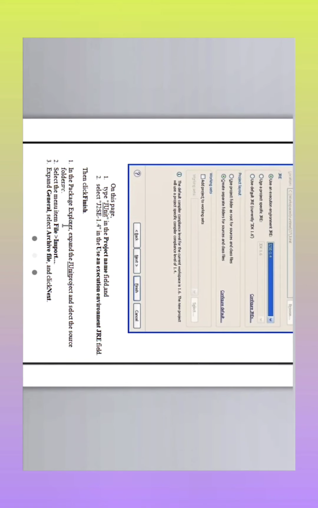In the package explorer, expand the JUnit project and select the source folder. Select the menu item File, Import. Expand General, select Archive File and click Next. Here we can see the archive file. Now click the file name, click the browse button next to Archive File and browse to select it.